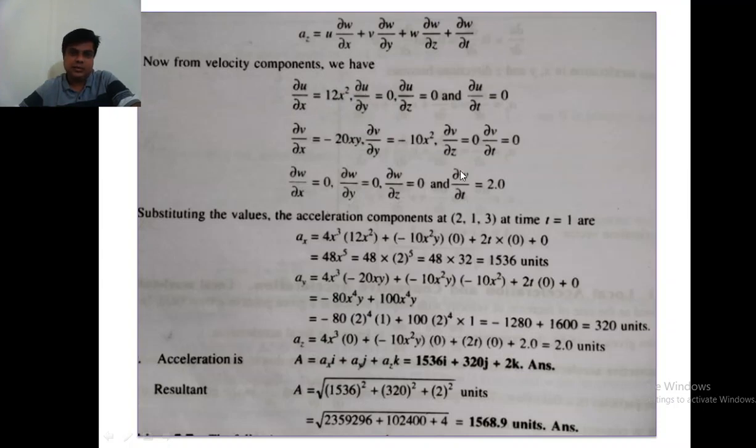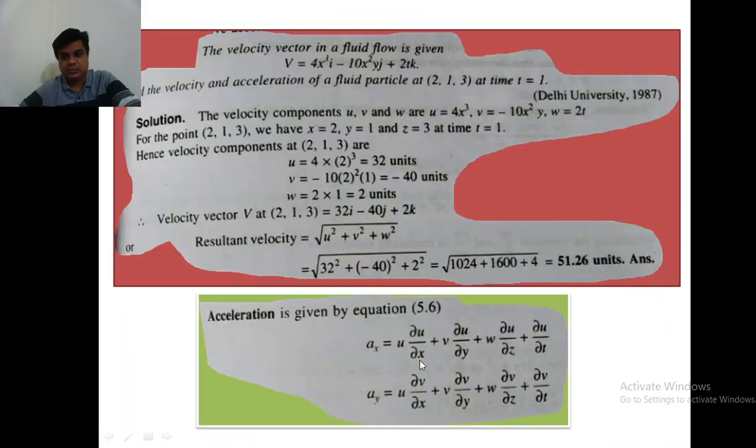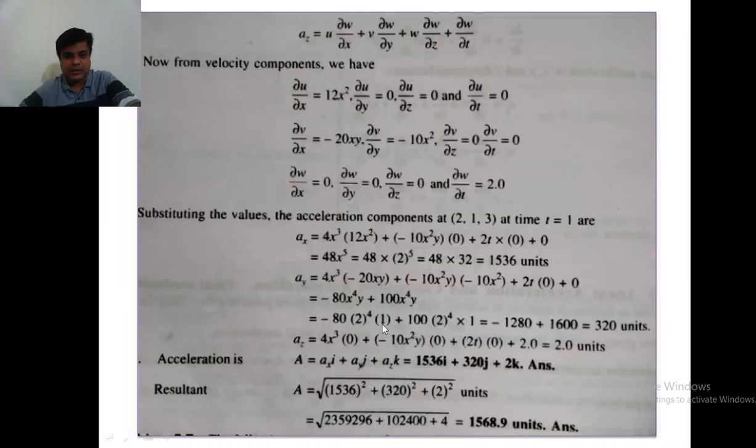So like that you go on taking all the terms, and substitute all these terms here, you will get ax, ay, and az. So the velocity acceleration vector will be ax i, ay j, and az k. So x, y, z, acceleration in all these directions. So substitute that, you will get